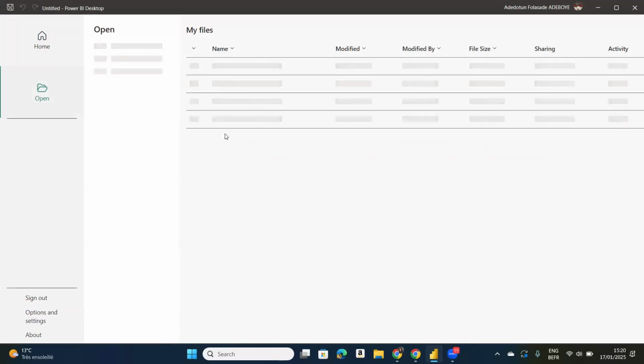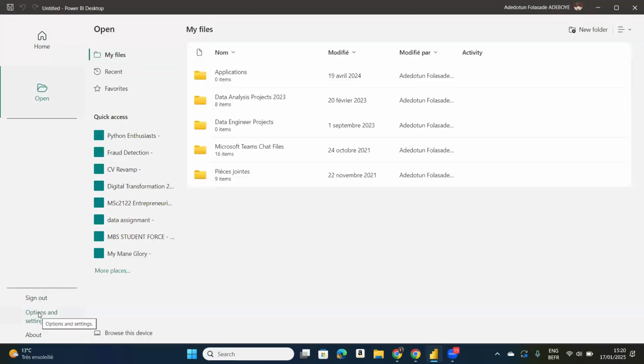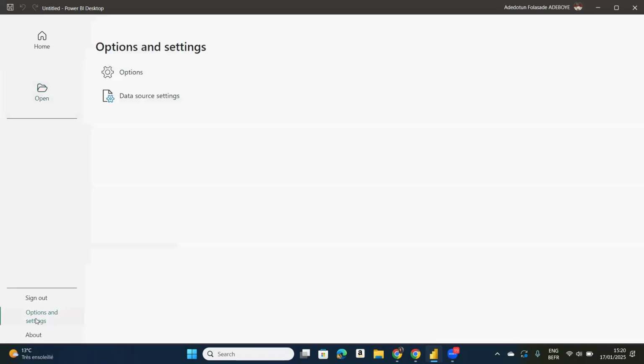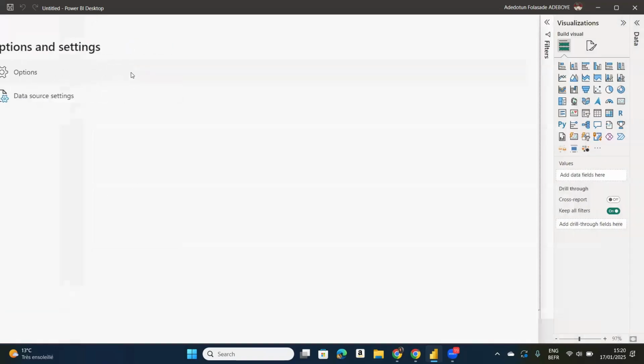If there's anything in my OneDrive, it shows it. But at the moment, I don't think I have any files in there. Oh yes, I do actually. Yes, I do have some files there. So if I click on my options and settings, I've just clicked on Options and Settings. If you click on options,